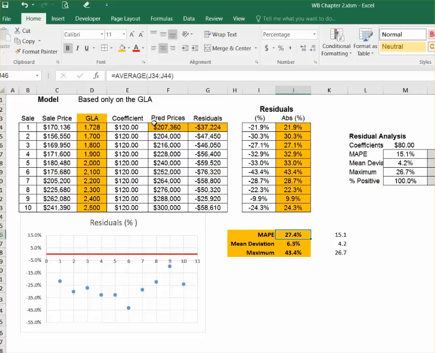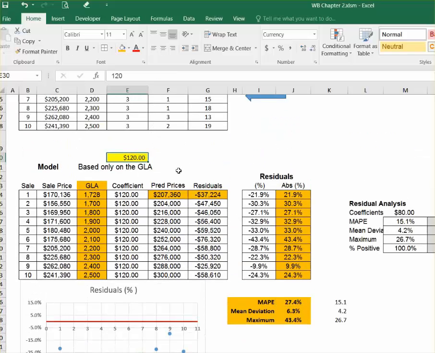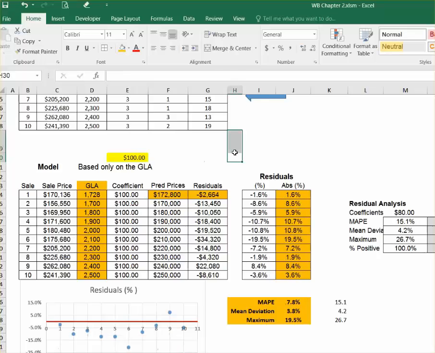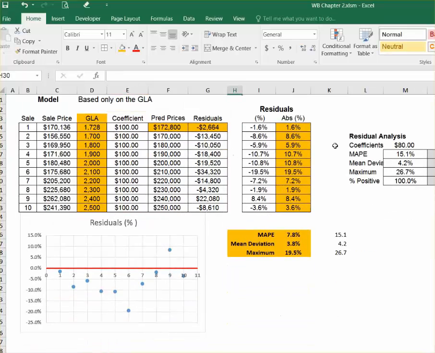So now let's try 100. All right, now I did 100, and I think you're getting the idea. We tried 100. You can see the coefficient of 100 times these gross living areas. And now we have our residuals. We have our residuals as a percentage. And now we can see they're a little better, but let's objectively see